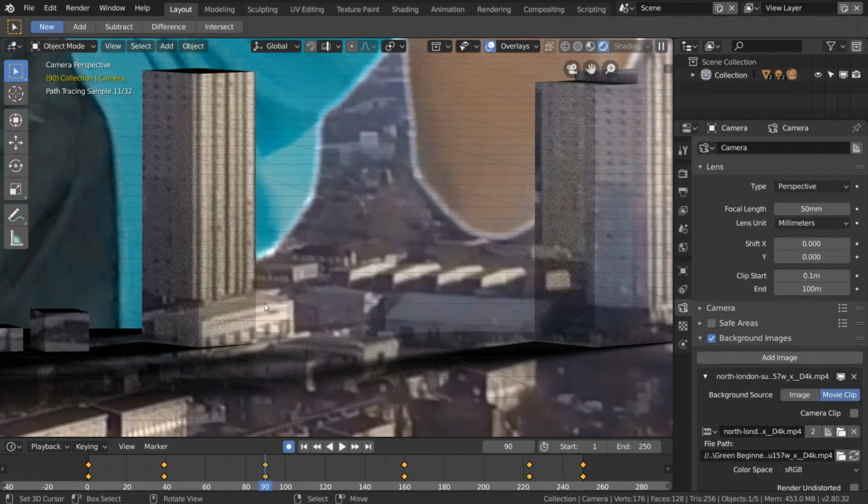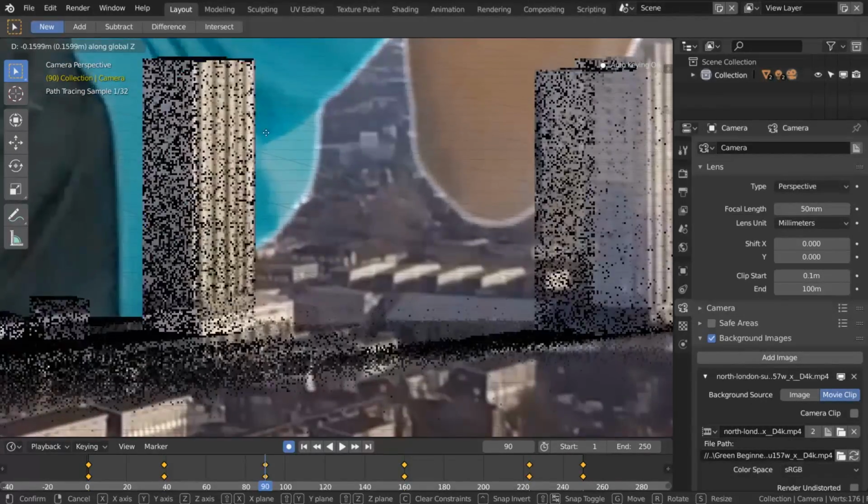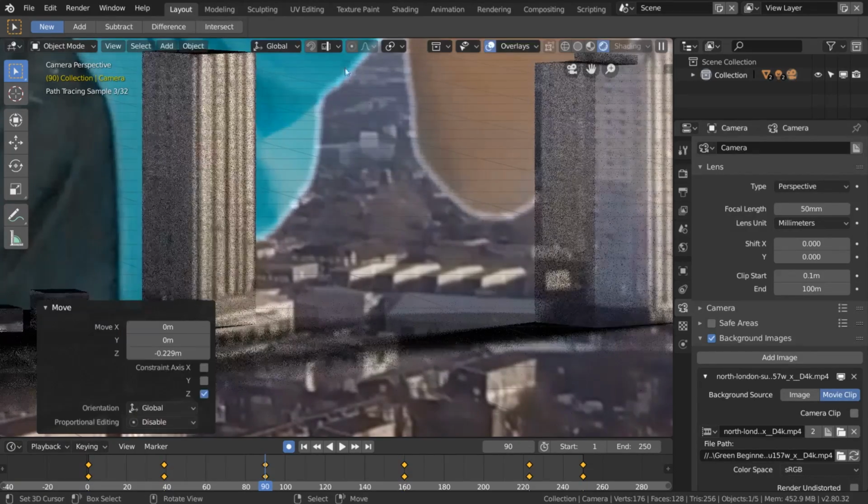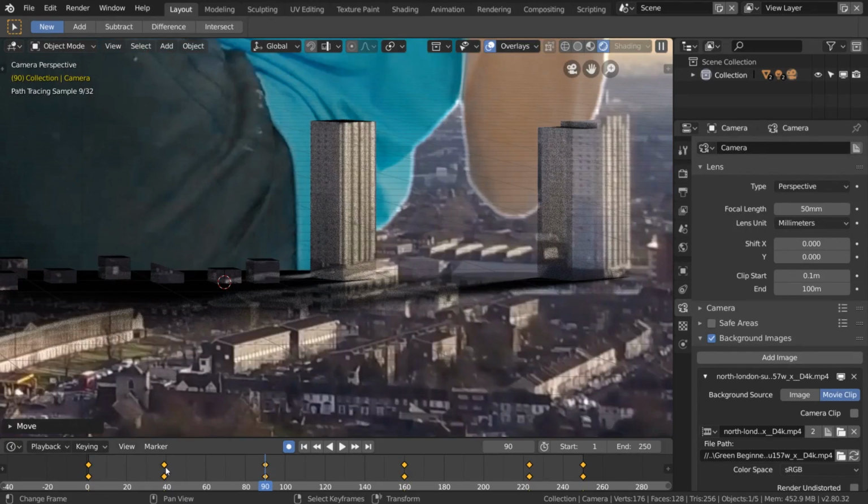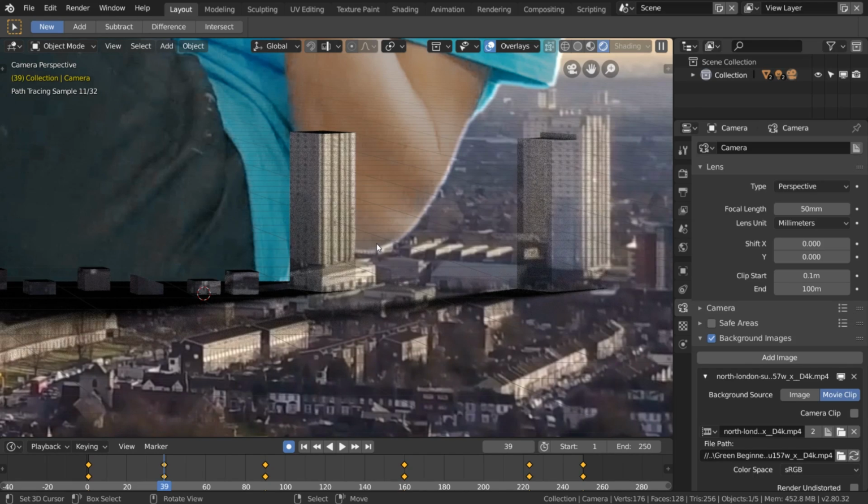You can see this one has a lot more building in the bottom here. So I'm going to grab along the z-axis until it about matches the other one, and we're reaching about the top of the building there. And right there looks about right. Same thing with all these. Now this is not a perfect method of doing it, but it's a quick and dirty method to get decent